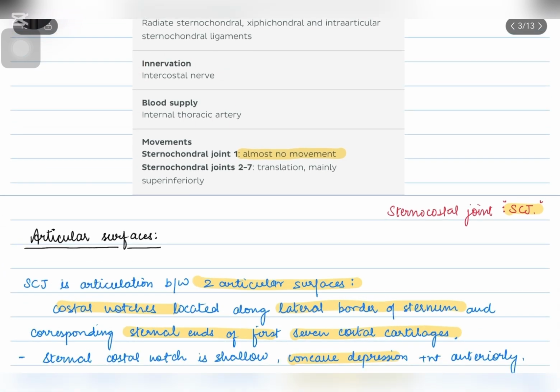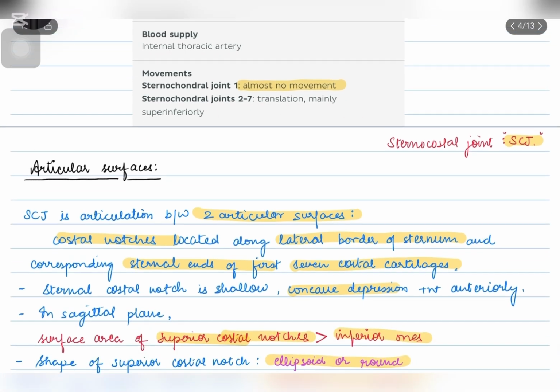And movements now, it is also said that the first sternocostal joint has almost no movement as it is fixed, and sternocostal joints 2 to 7 are translations, mainly superoinferior. Now, let's talk about articular surfaces. We will refer to sternocostal joints as